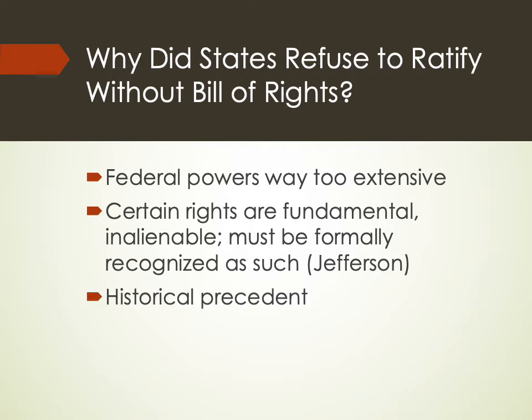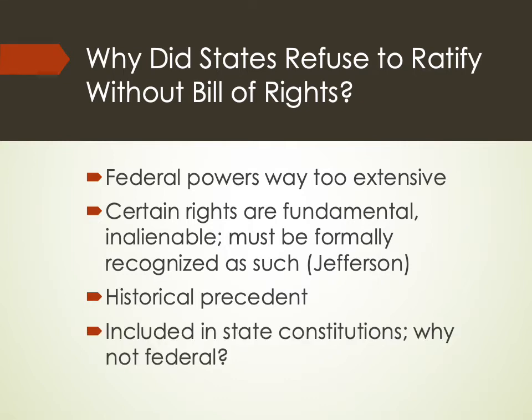There was an argument that there was historical precedent in England, and so you had the Magna Carta in England that establishes certain liberties, as well as a Bill of Rights in England as a precedent. And so they said, look, why not include in our Constitution the same bills of rights that have been included in other constitutions and historical documents? And then finally, they said, look, state constitutions have bills of rights and enumerations of rights. Why should the federal government be sort of